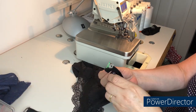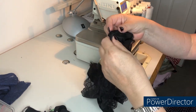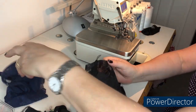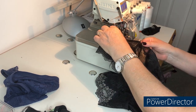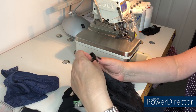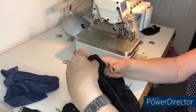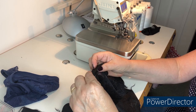One, two. Then this is going to be, right, so I need to overlock around. Now let's have a look, because if I put the elastic on, like so, if I overlock that and then put it down,